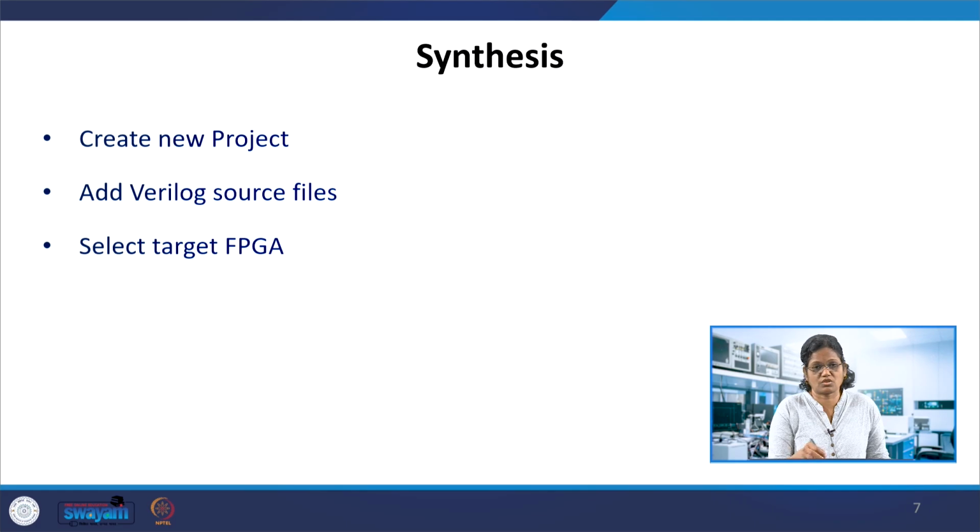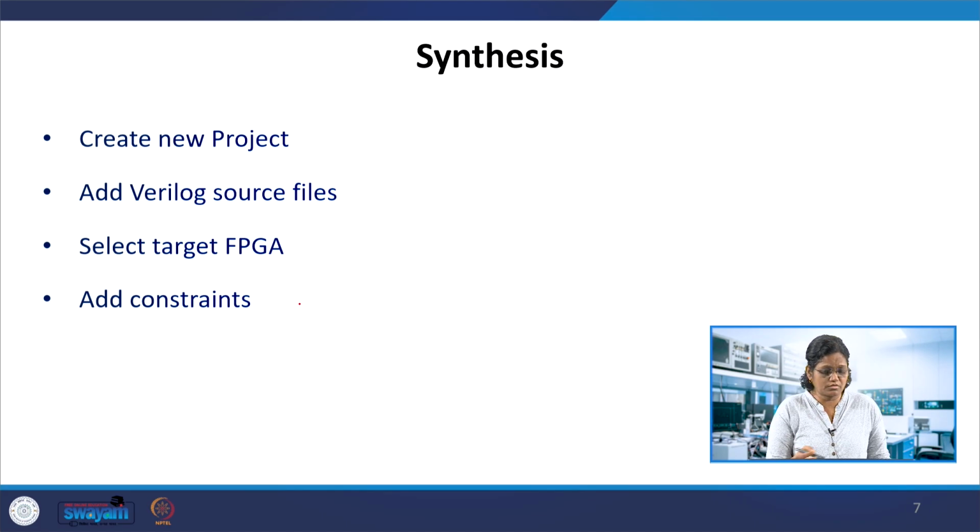So the device name needs to be chosen in the synthesis process, so that it identifies the device and what resources are available in that FPGA, and you try to use those resources in the synthesis process. The constraint files are added instead of the real-time inputs. In simulation, you use the test bench to give the stimulus,